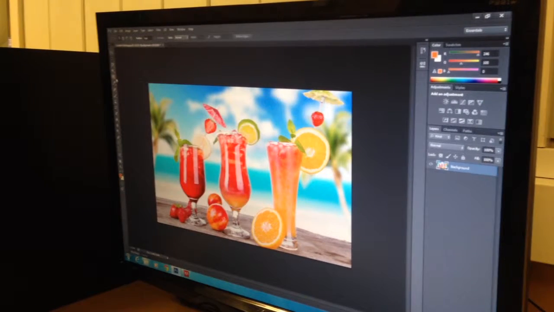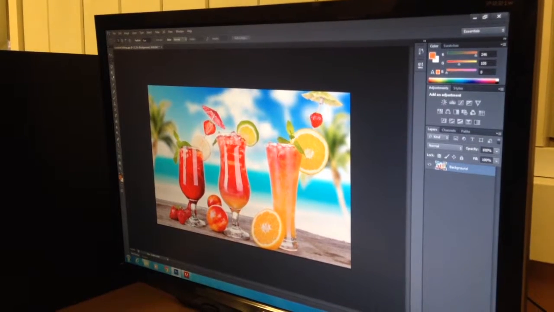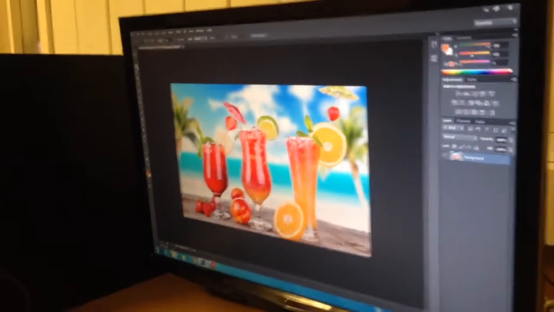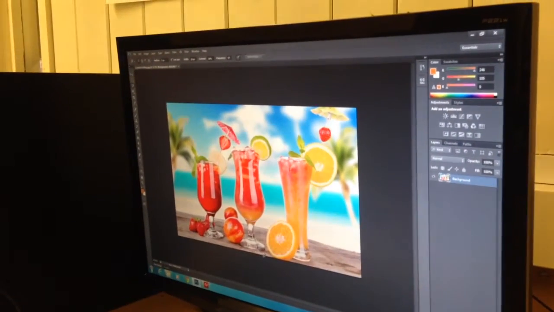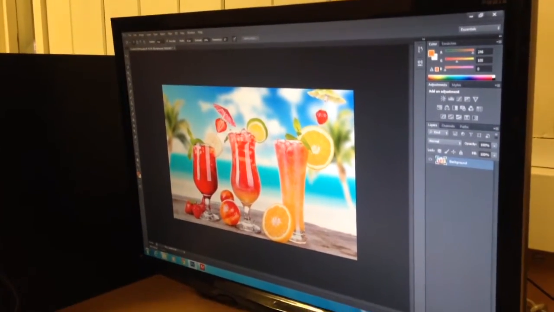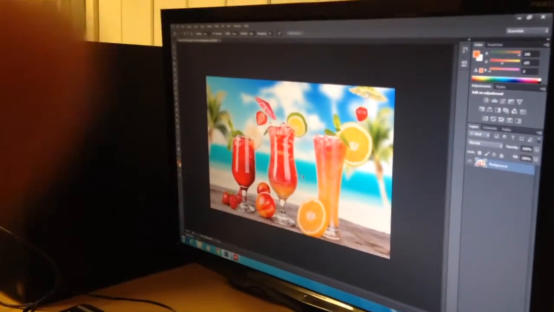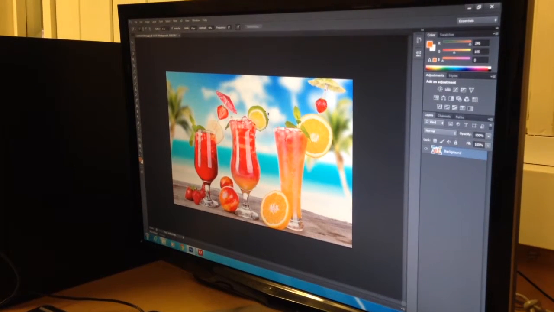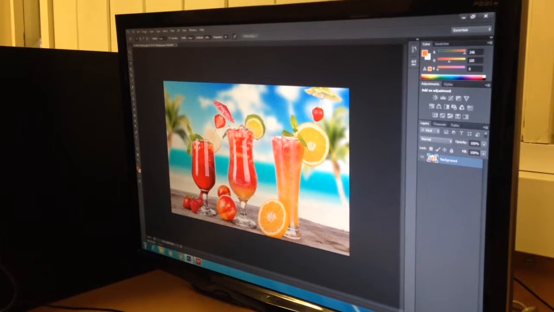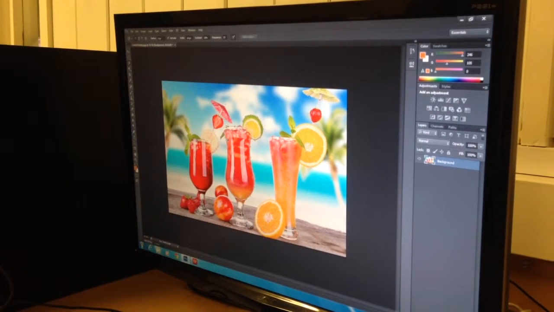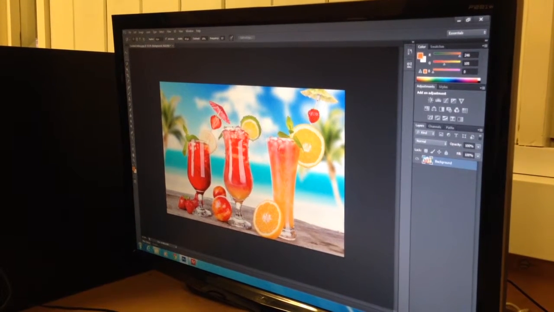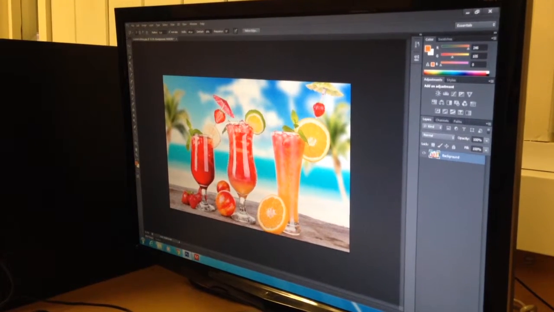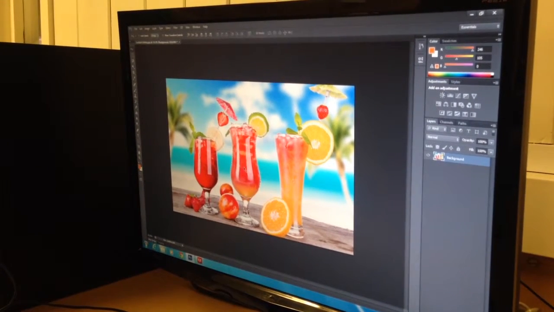Right, just on Adobe Photoshop, just going to show you how to do a couple of things. If you just want to cut the middle cocktail glass out, just a little simple thing to do, just go up to your magnetic lasso tool up there and just click once and follow the edge of the glass around with your mouse. Obviously this won't be perfect, it's just a rough sketch, but if you get to a little sharp bit, just click again and it will give you a little dot. Just quickly go around it on the contours, just keep following the edge of the glass until you come back to where you started, which is here, and just click onto that,